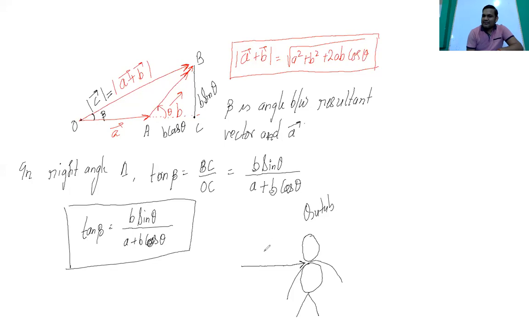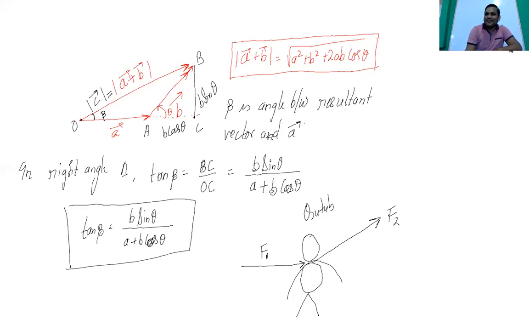He is pushing with a force, let's say F1. F1 will be the force applied by his friend Subham. And now Ansuman is pulling Kutub like this with force F2. You can see the force F1 is applied by Subham on Kutub, which is basically the push force, and the pull force is applied by Ansuman, that is F2.